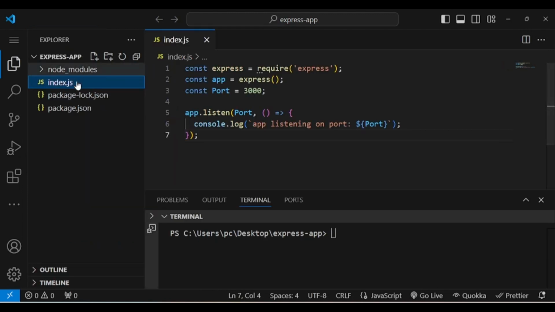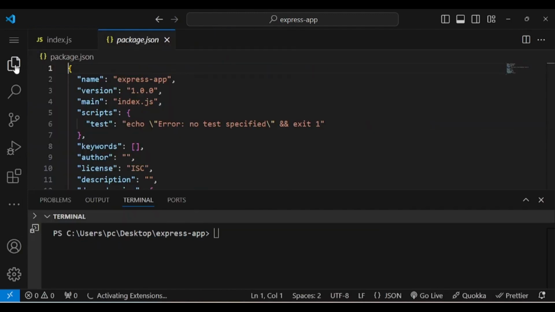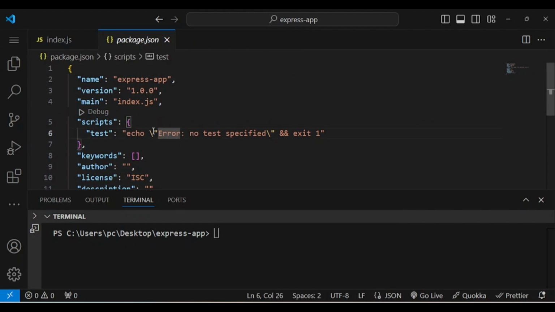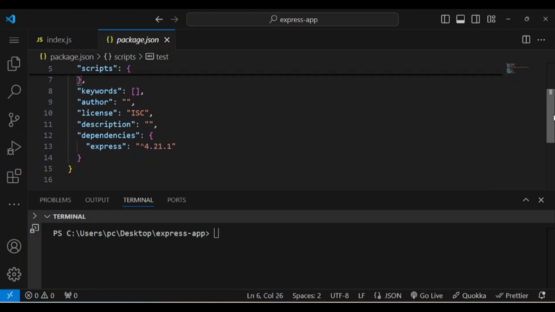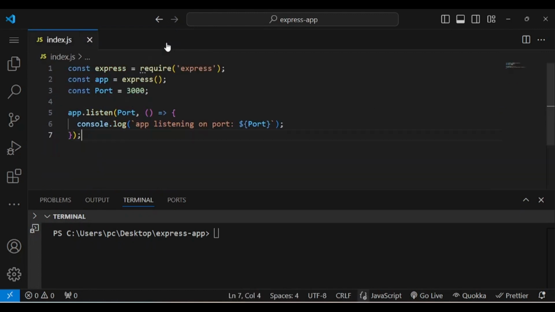And you can see we just have a few files. Package.json is here. Inside package.json we have a bunch of things, and if you remember our last video, you will know how to work with them and maybe fill them out. We only have Express now as our dependency, so I want to run this application with node index.js, and if everything is working fine, you see we're having the app listening on port 3000 in our console. Now that means our